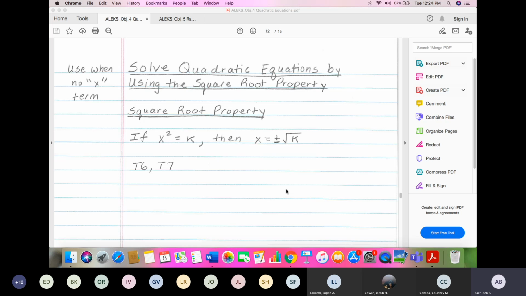And there's a lot of good research out there that if you write down your problems and keep a notebook of your problems and solutions, you're more likely to retain the material. And I have had ALEKS students over the last few years, the ones that keep the biggest notebooks, I tell you, really tend to do the best in the course.